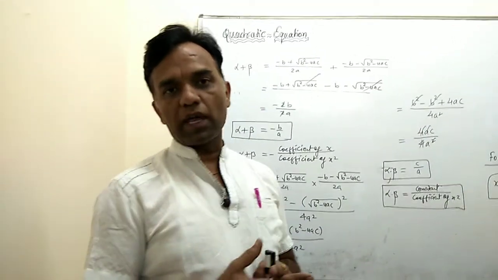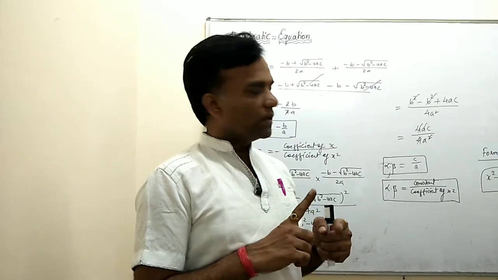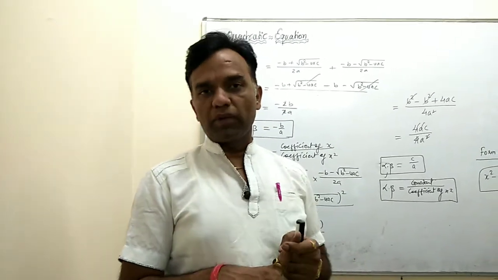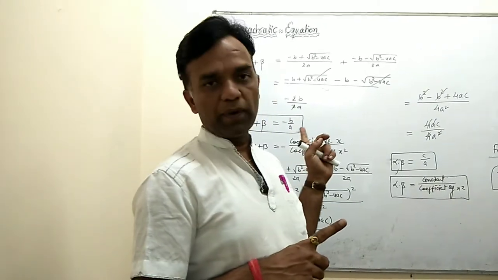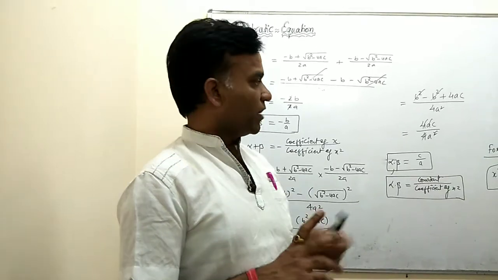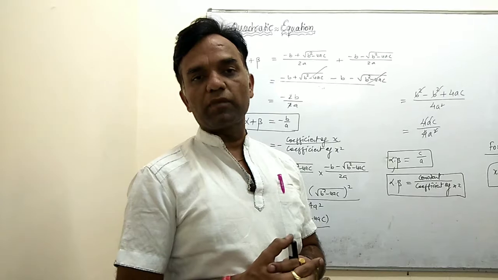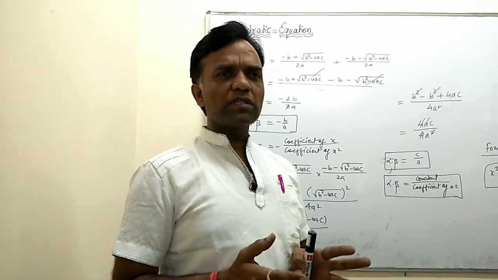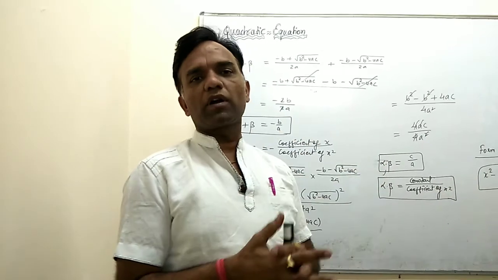So both concepts are now over. Like, however you simplify the quadratic equation by any method, like the factorization method, the completing square method, or the formula method, you find the relation between the zeros, the concept alpha plus beta is minus b by a, alpha into beta is c by a, and now form the quadratic equation, that is x square minus (alpha plus beta) of x plus alpha into beta equal to 0. So these are all the methods related with the quadratic equation, and this is only the introductory part.